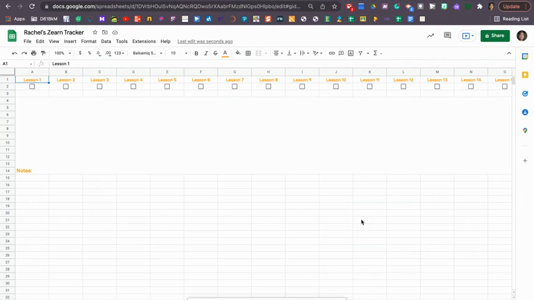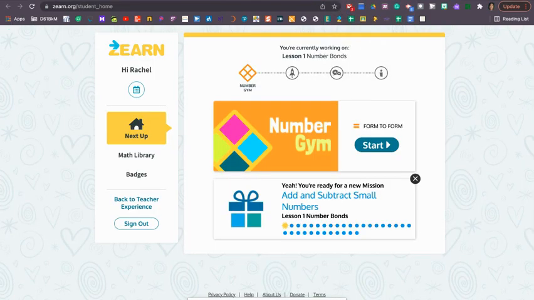So now that you have your Zearn Tracker copied to your drive, you're going to want to have your child open up their Zearn account. When they open their Zearn account, this is what you will see. This is an example, and it starts right at the very first lesson of the very first mission. This is just an example from the teacher account, but this is what your student's page is going to look like. So it will have their name,